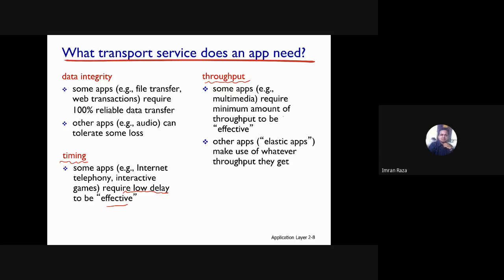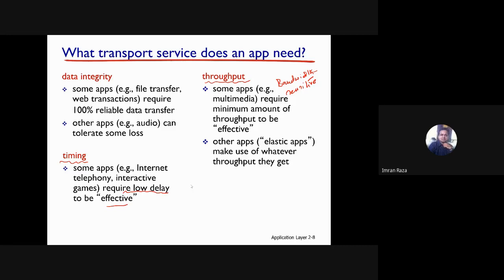That means they require a minimum amount of throughput to be effective, right?